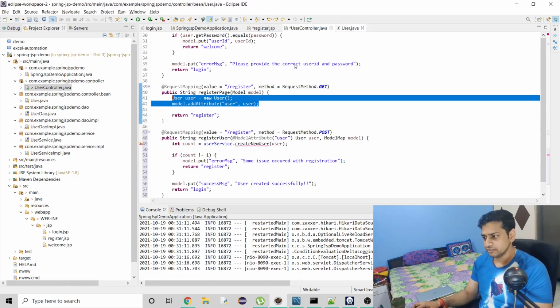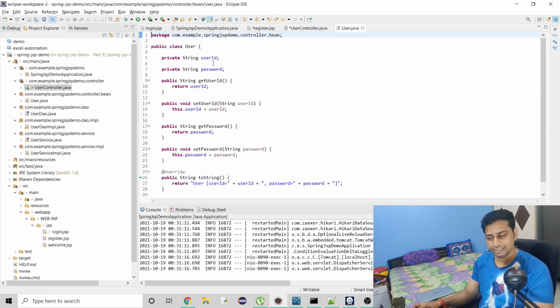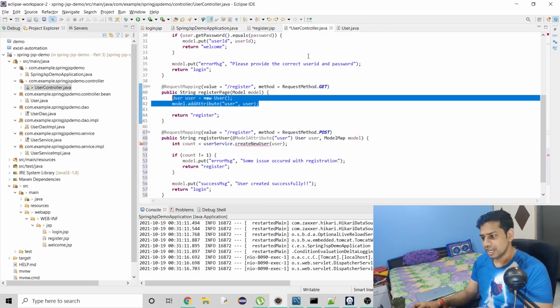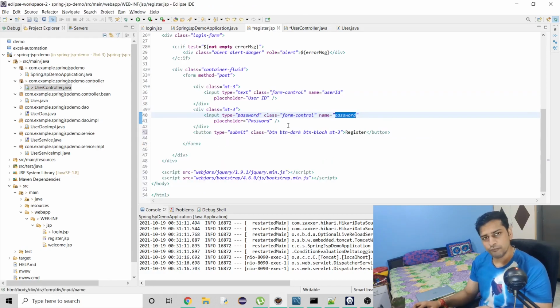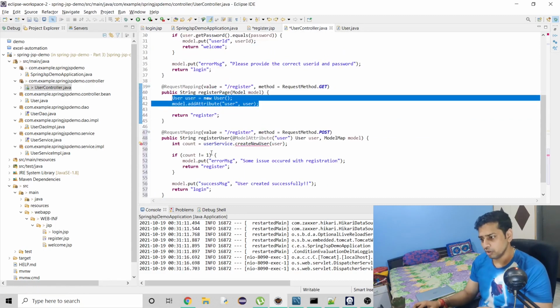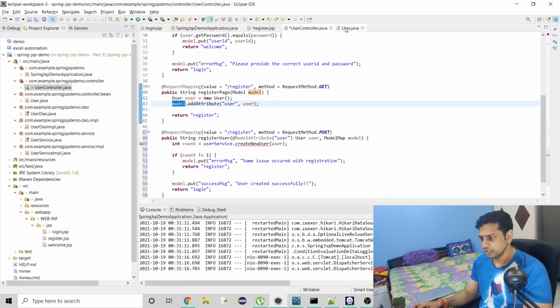So in case we have more variables here in this user class, we just have to do nothing, right? Because this user is already being sent out, and this register JSP is obviously going to be altered, but we don't have to bother about this post request mapping, because we are going to get each and everything in our user object, and that is the only advantage, and that is why I've used this user object inside the model, right? So I hope this part is clear.